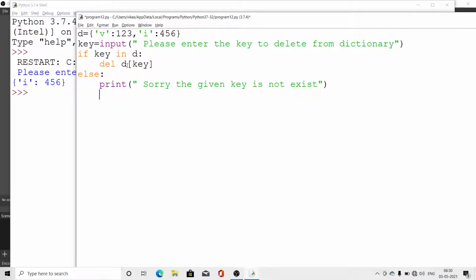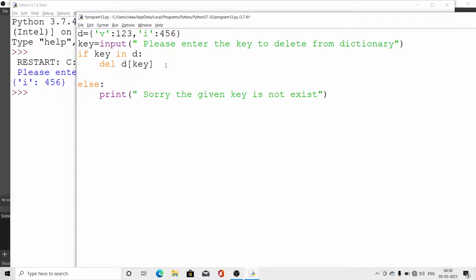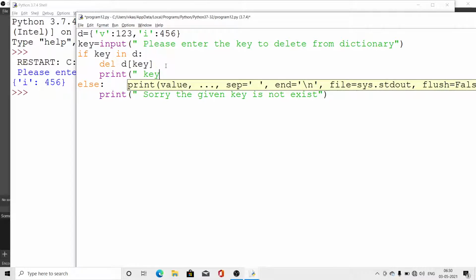And here you may give the message print key is deleted successfully.